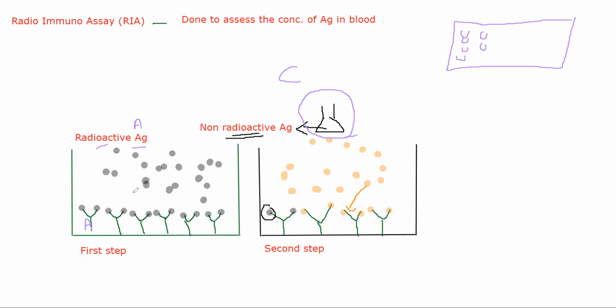What will happen is some of those radioactive antigens, depending on the number of antibodies, one antibody can only take up 2 antigens, as you can see here, right? So let's suppose there are 100 antibodies present on the surface of the well. 200 antigens will be occupied. Okay, the remaining extra ones I will wash away.